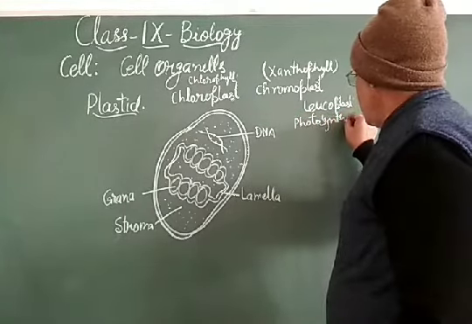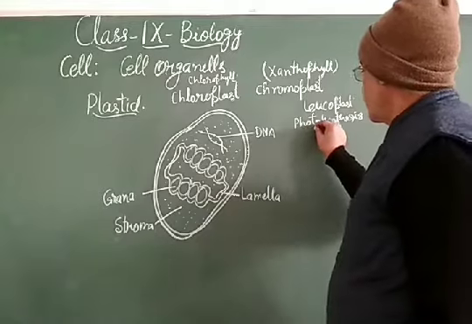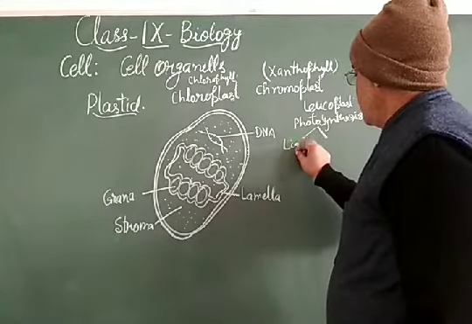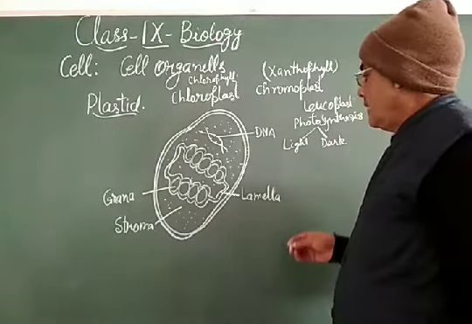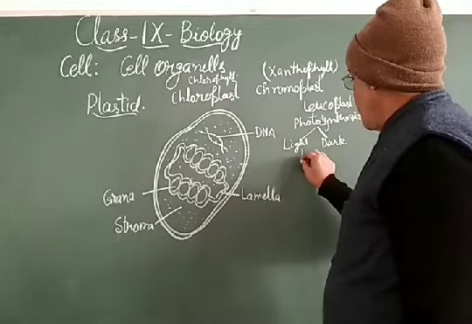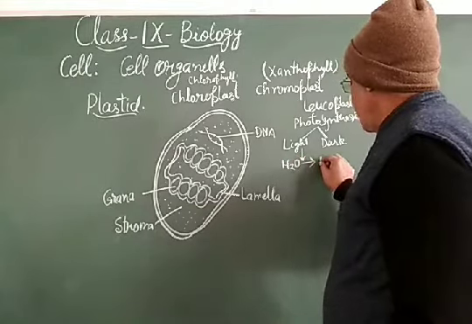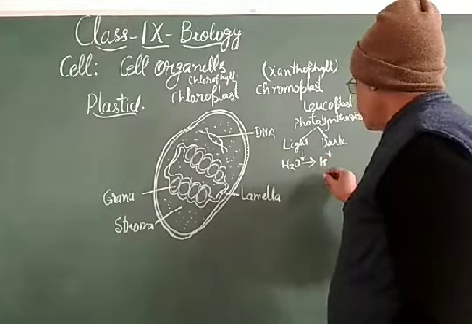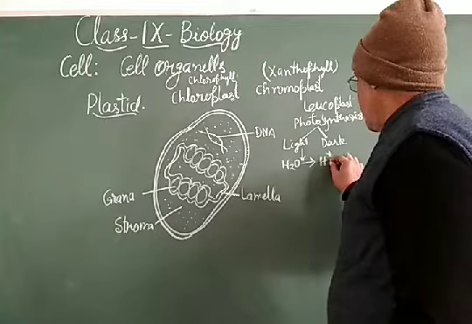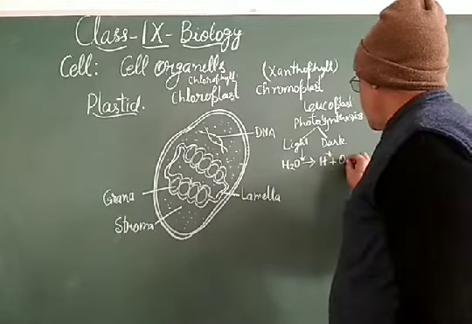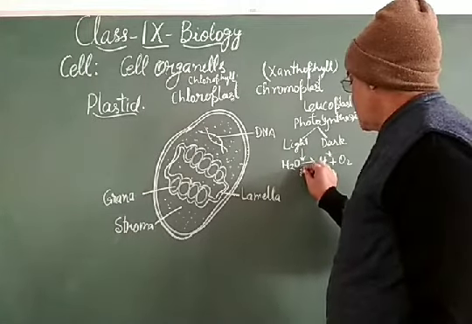photosynthesis. And as you know, in the process of photosynthesis, in these grana, there are two processes: light and dark reactions. In the light reaction, H2O breaks into hydrogen ion. Production of hydrogen ion takes place, and oxygen will be released. So hydrogen ion production will be there in the presence of light. This process is called photolysis.